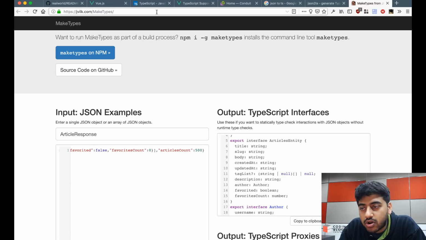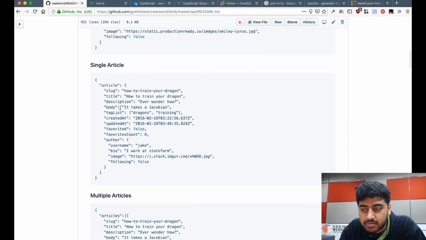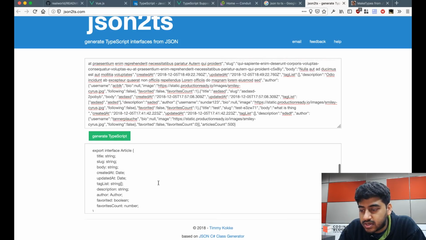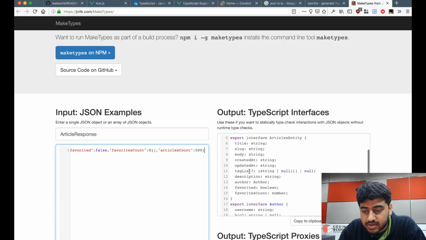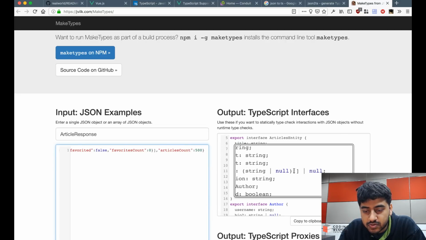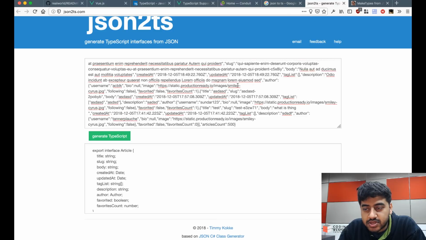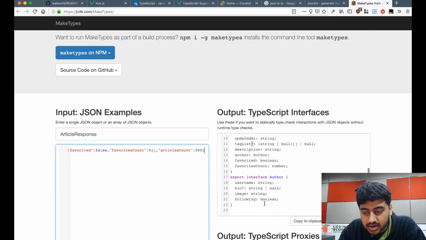You can just hand code all of that stuff, look at this and define it on your own. But I think this is a better way of dealing with it. You just paste your JSON into Make Types and get the entities, or you put it into JSON to TS and get it. I prefer Make Types a little better because, for example, there's this tag list and it shows that this tag list could be an array of null, and it puts the question mark here, which JSON to TS usually misses. So it's better to use Make Types